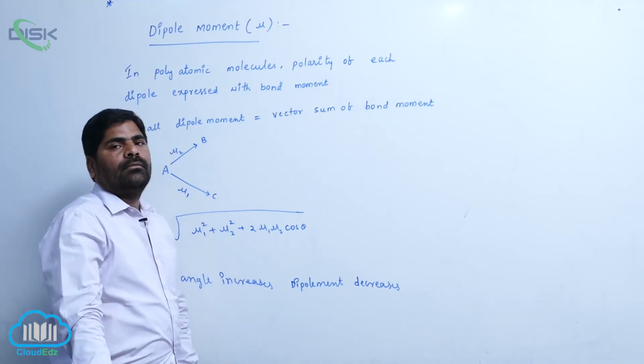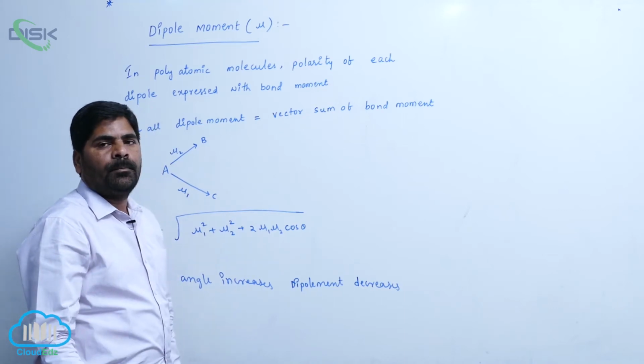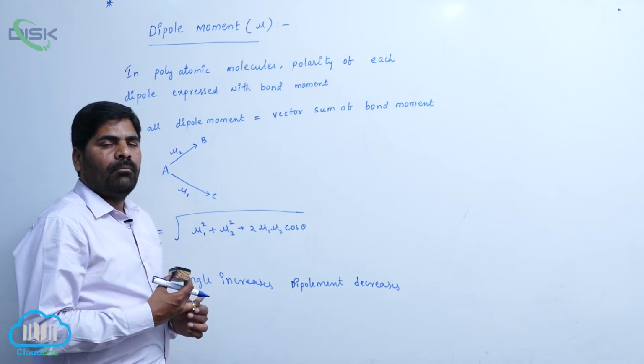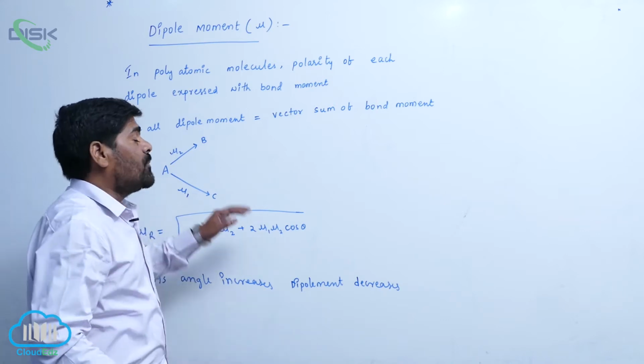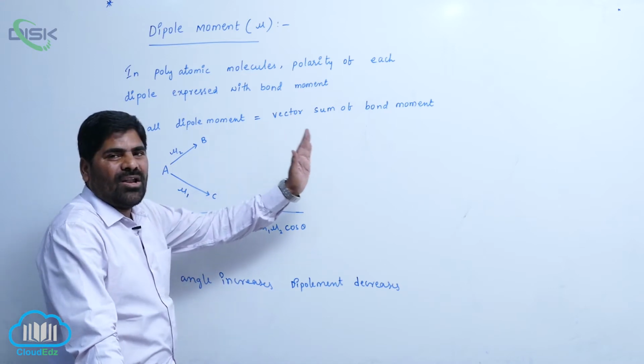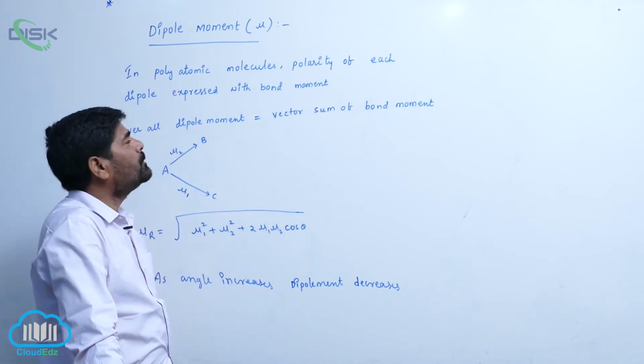The dipole moment depends on the electronegativity difference of bonded atoms and bond length. If the dipole moment value increases, bond polarity also increases. Now,